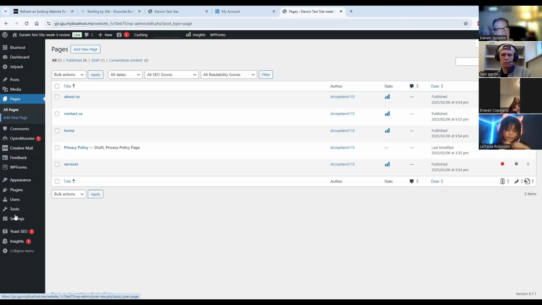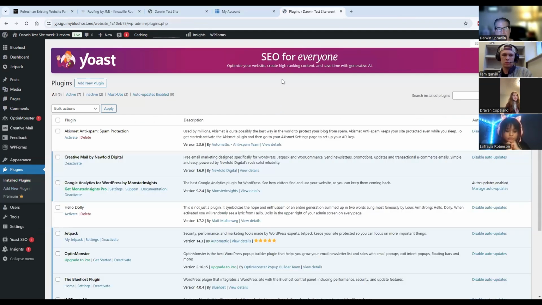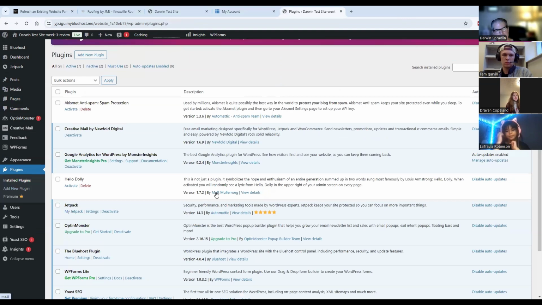You can see the dashboard is loaded with a bunch of options and stuff. Well, we don't need all that. So we'll go under plugins here and go under install plugins. And you see Bluehost has added all these plugins, which is basically apps. They add little bits of code to your website, adding functionality and features. And you've got tens of thousands of these things. Lots of them are free. Some are premium. Some are free to a point, then you have to pay for more premium support or functions in it. So what we're going to do is select all these things by clicking up here,